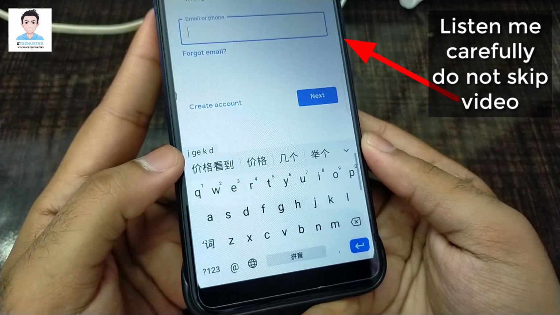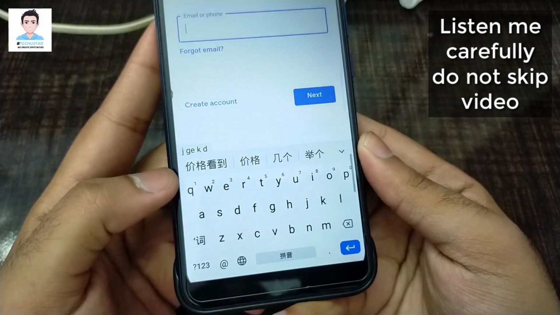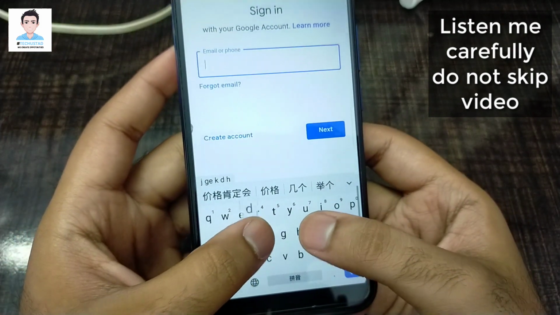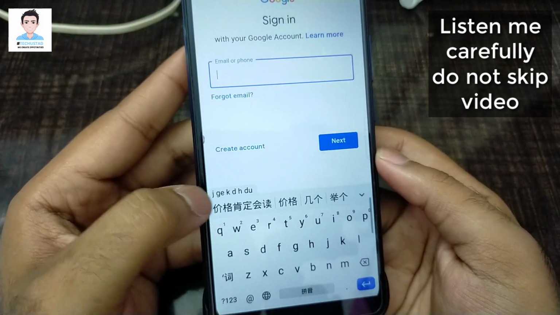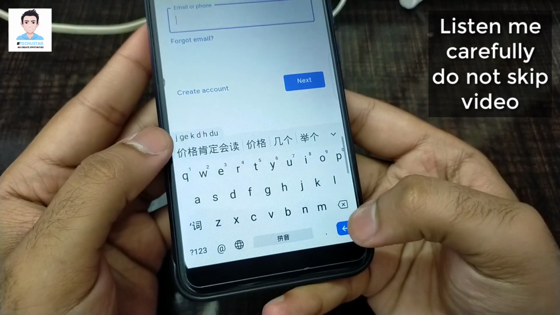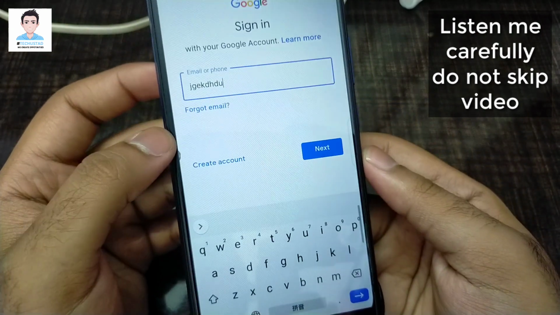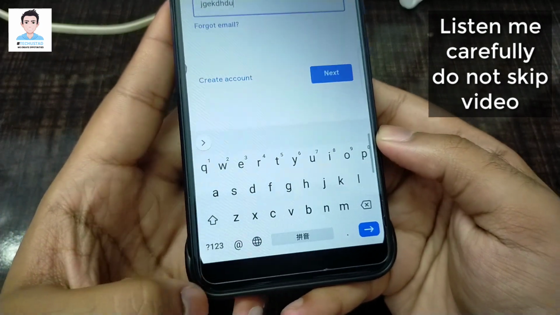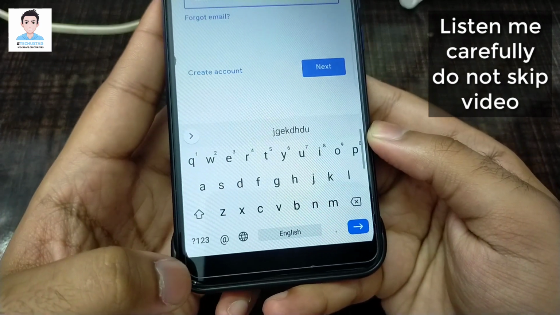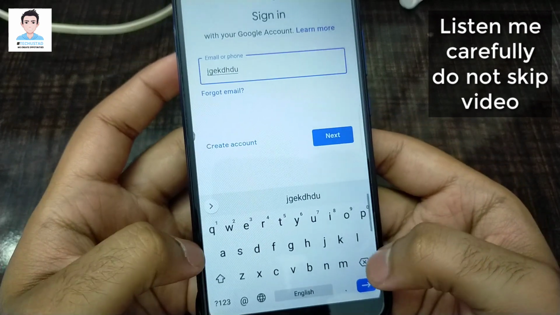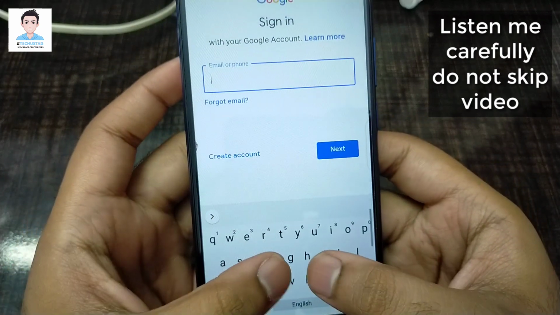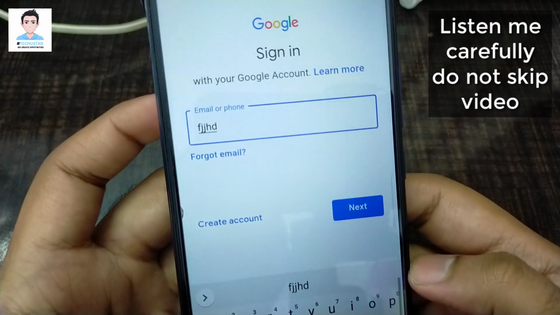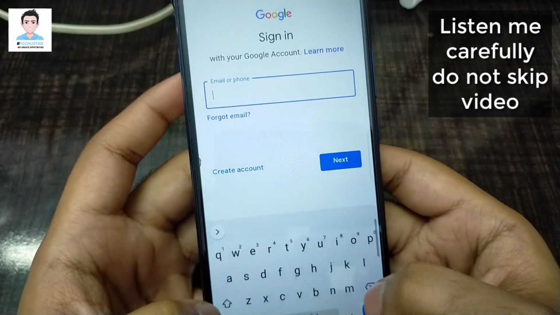All the things will appear on the top of keyboard, and after I hit enter, then the text will go to the text box. So let me hit enter. So as you can see here, to fix this problem, click on the word icon at the bottom of keyboard, and now if I type anything, all the letters or words will directly go into the text box. So let me sign in my Gmail ID.